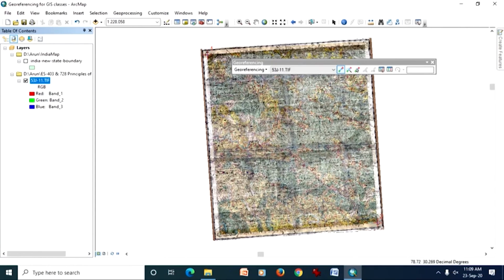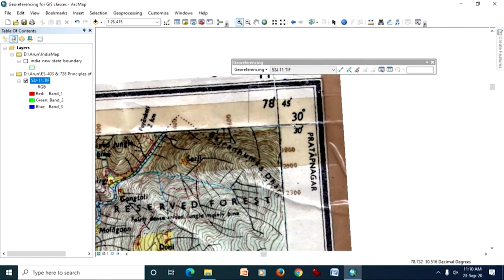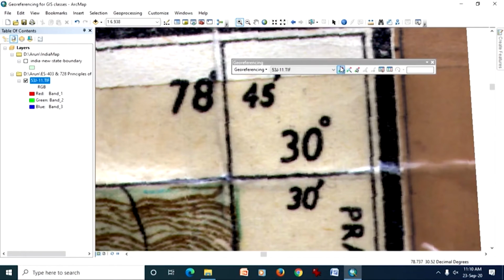So, now 2 points are there, as if you recall that even for first order polynomial you require minimum 3 points. So before that no other options will be open to us. So let us collect 2 more points and then we will see. So now I will go to this point, again zoom. So in the same way again collect the point,